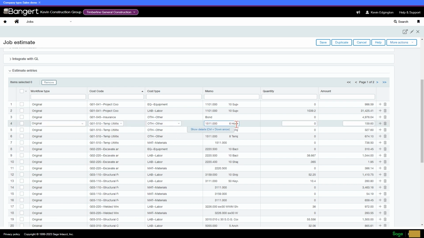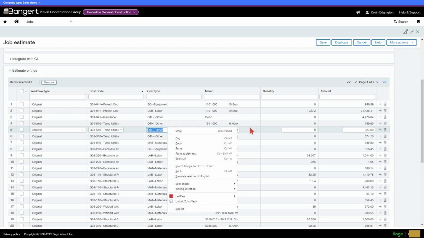If I look over at this memo, I can actually see that that was my hookup for phone versus the temporary phone. So the cool thing about this is it actually gives me the phase and item number and description from my estimate of what made up that bucket of money. So when someone's looking at a cost code and maybe I don't understand what made up some of that cost, it's very handy to be able to get more detail than we've ever had in the past.